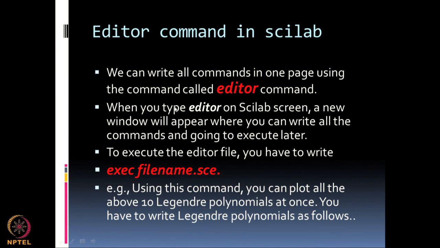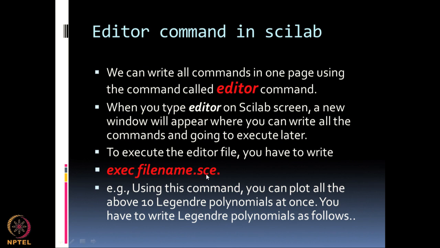So, write all those commands using your editor and save it. When you save an editor file, it will save it with an SCE extension. Okay. And when you want to execute that particular file, just type exec filename.sce.